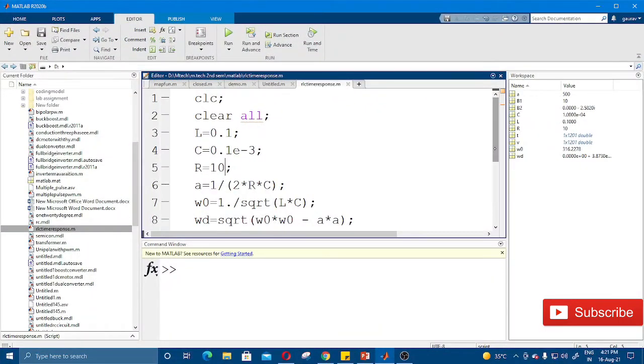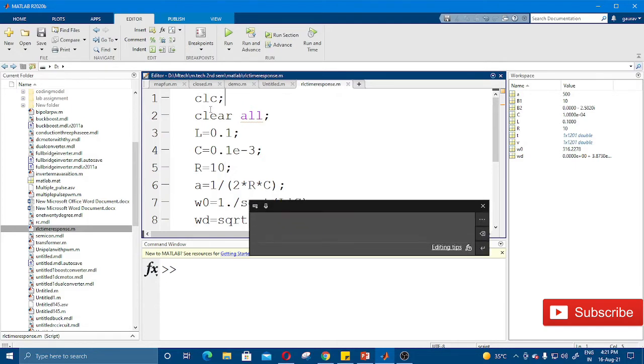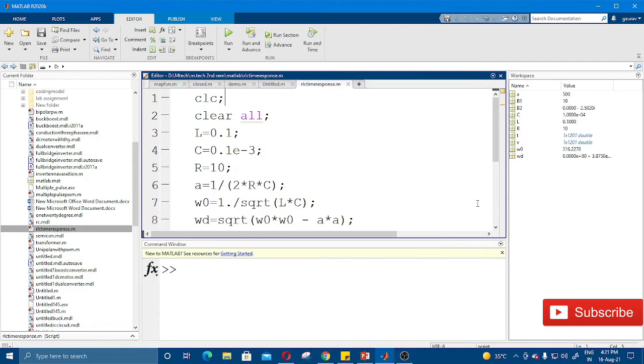This is the code for the series RLC circuit. So first, clc means clear the editor window, then clear all to clear the workspace. Here this is the workspace, all variables you can see here with their values.